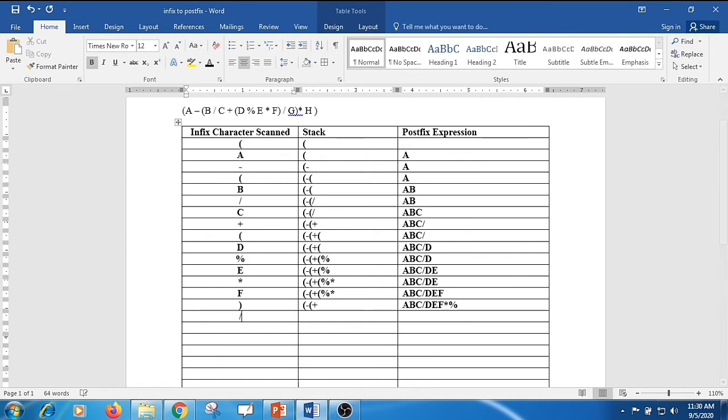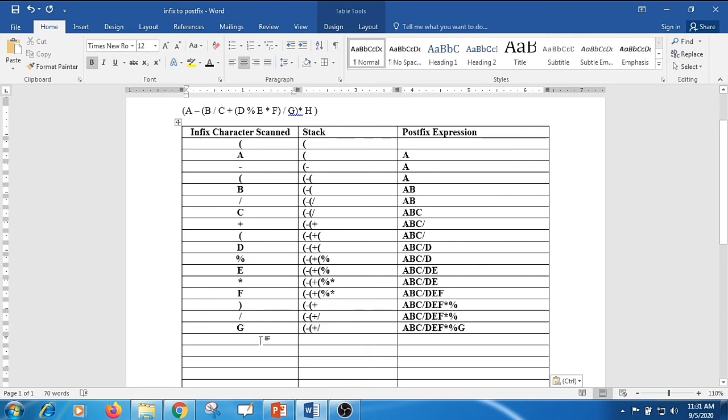Next comes division. Once again, when you get a division, just copy it after this. The postfix will be as it is, there is no change over here. When you get a G, just copy it after the mod, because it is an operand. You need to copy it over there. It will be as it is.